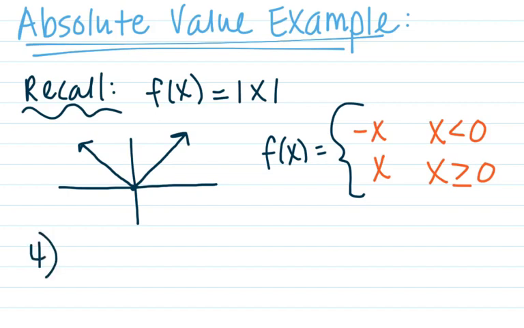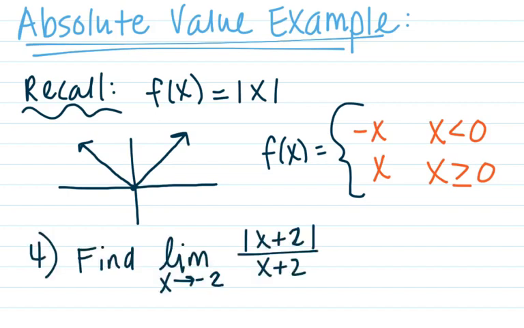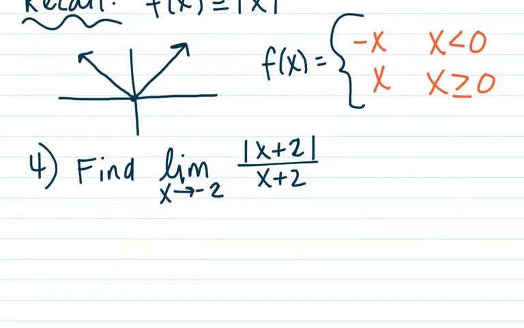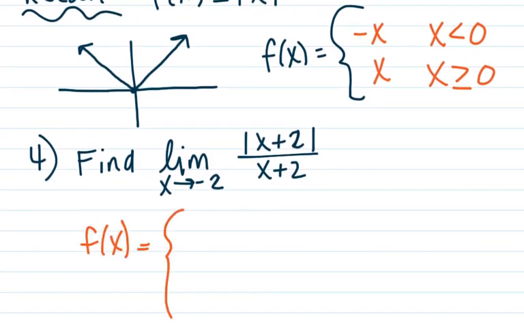So let's try our next example. Find the limit as x approaches -2 of the absolute value of x plus 2 divided by x plus 2. Okay, so let's build our piecewise. So we typically like to go from left to right, so a lot of times the top row of your piecewise will be the left-hand side, and then we get to the right-hand side